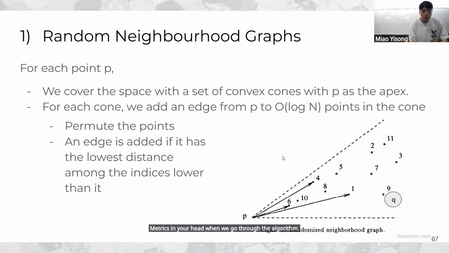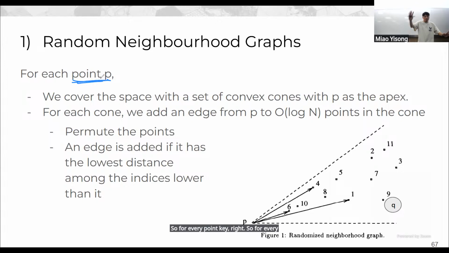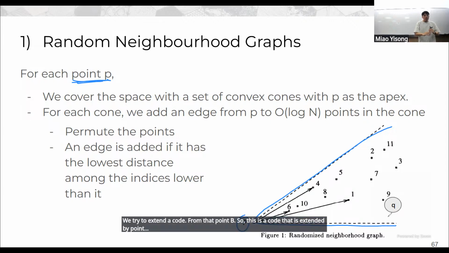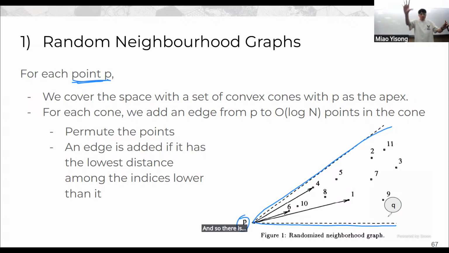So for every point p we have in a high dimensional space, let's say we pick a point p. Then we try to extend a cone on that point p. This is the cone that is extended by point p, and there are some points that are covered by this cone over here. And for every cone that we extend on this p,